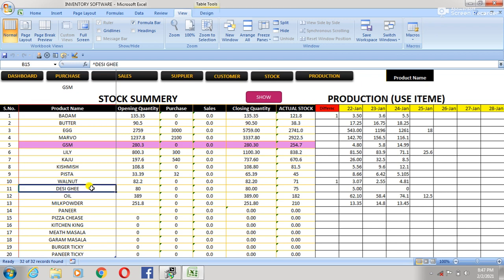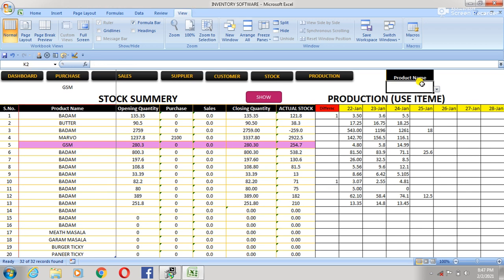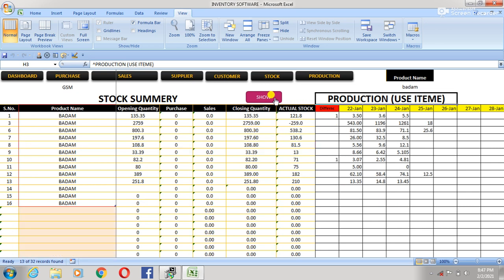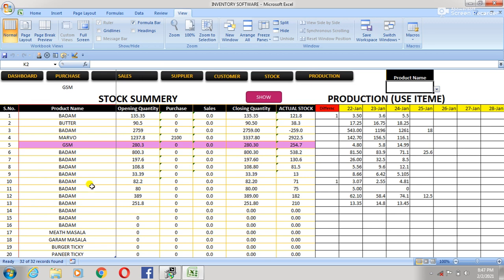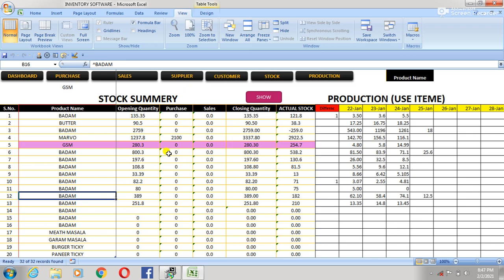As per your requirement, for example Badam, Control C, Control B. Okay, that's it. After that, here select the Badam item. Okay, and show. This applies the filter, the auto filter by macro, automatically. Okay, that's it, and clean. Okay, show, and all the menu is here. So this is the first option of the advanced filter.